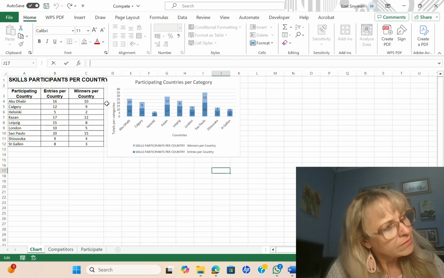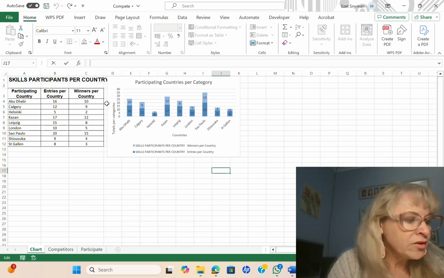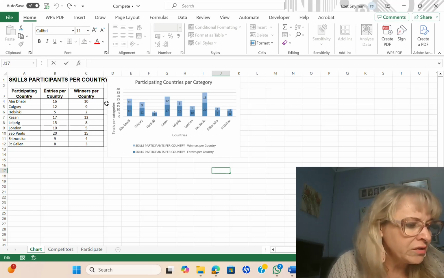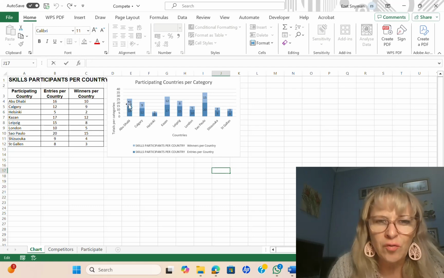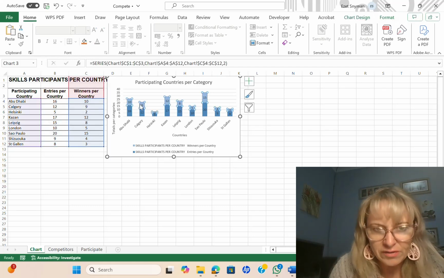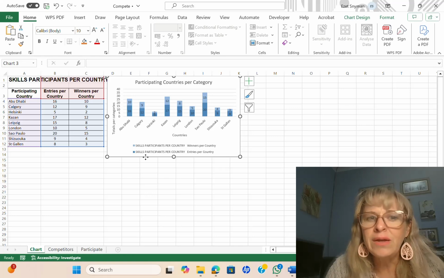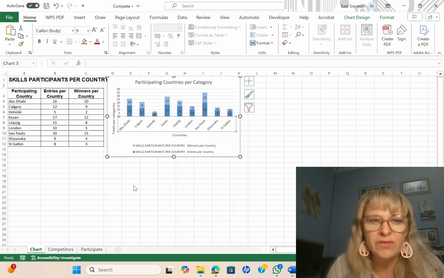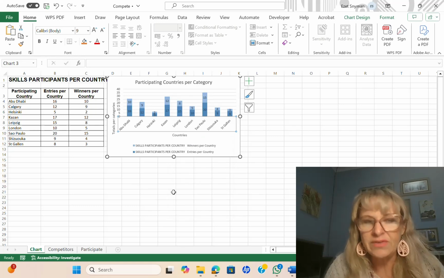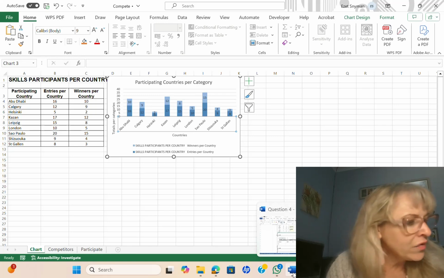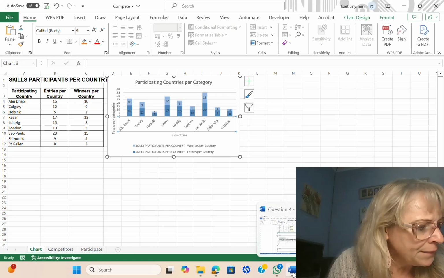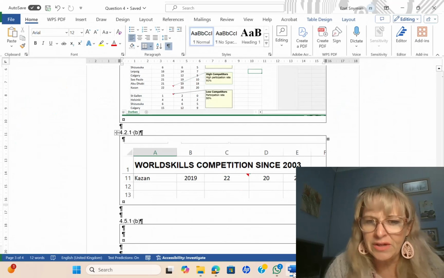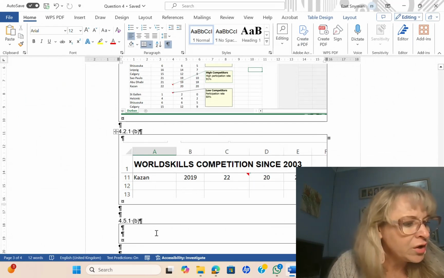All right, almost finished. Then it says export the chart on the competitor's worksheet to the space provided in question 4. So I click on that chart, and then I just want to see if you right click on it, there's an export as an object file, which I now don't see here. Alternatively, I'm going to click on it and say Control C to copy it. And then they want you to paste it in Word in the space provided, which is 4.4.